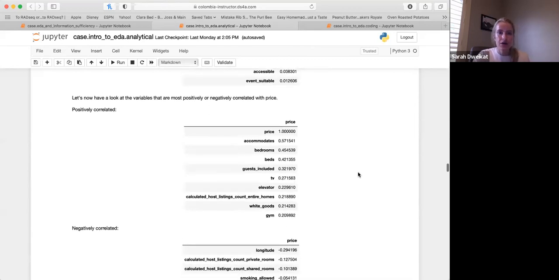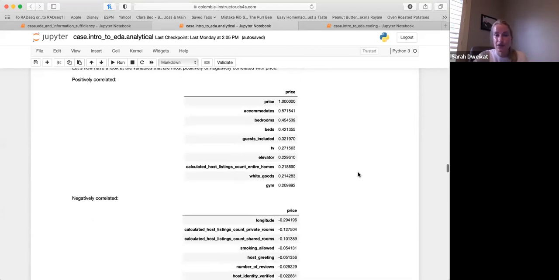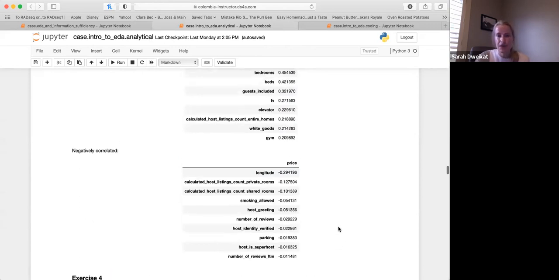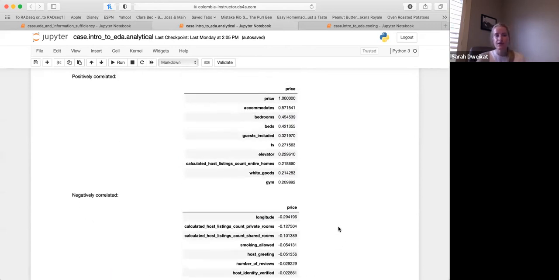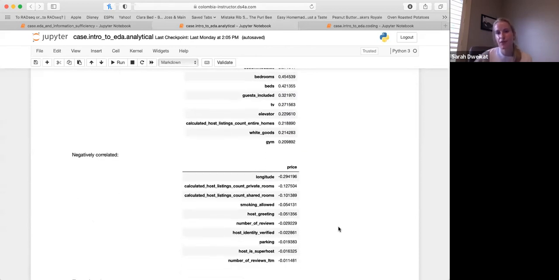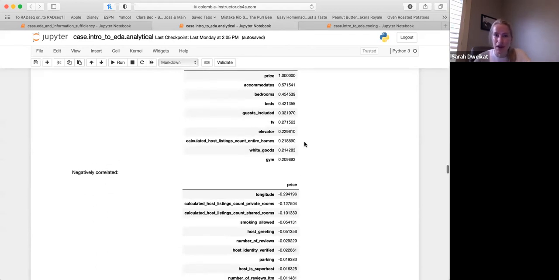Okay, so we've also divided this into the variables that are positively correlated and separated it from the ones that are negatively correlated. In this case, we don't see a ton of really strong positives or negatives, and that's what I said before about it also being dependent on your data set. We don't see anything above 0.57. And that's okay. We're not going to throw away this data set and say it doesn't work just because nothing is super highly correlated. We will continue to look for those trends.